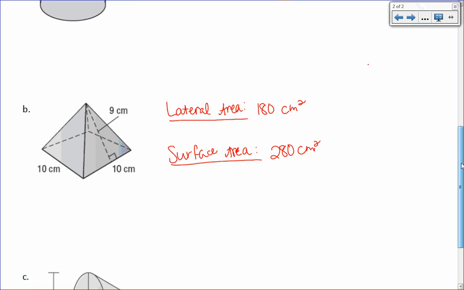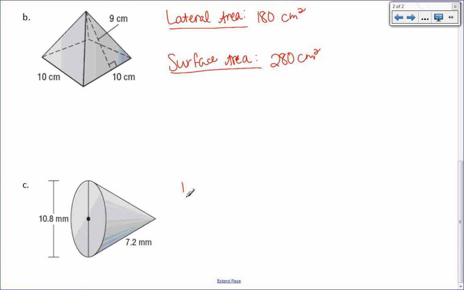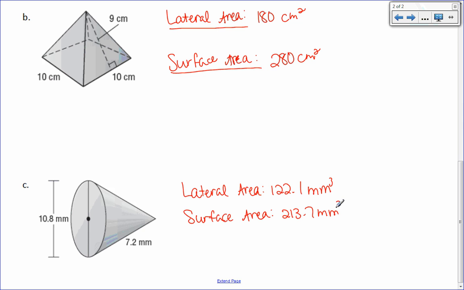Alright, and the last one. For the cone, the lateral area is 122.1 square millimeters, and the surface area, which is 213.7 square millimeters. Sorry, square, not cube, square. Okay,